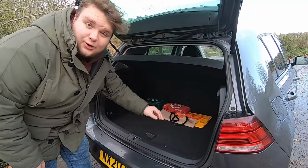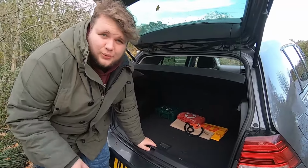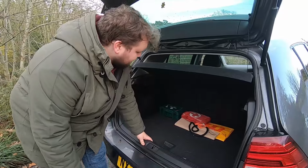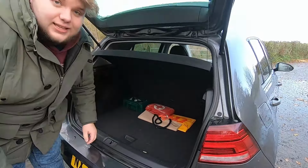So that's why. But actually, in terms of overall volume, it's pretty similar to all the other cars in the class, and you'll certainly get all the luggage in that you would need, or your weekly shop, or really anything else, because it's a family hatchback. It will do everything. As you can see, here's the back of the ski hatch, and if you just want to come in close,